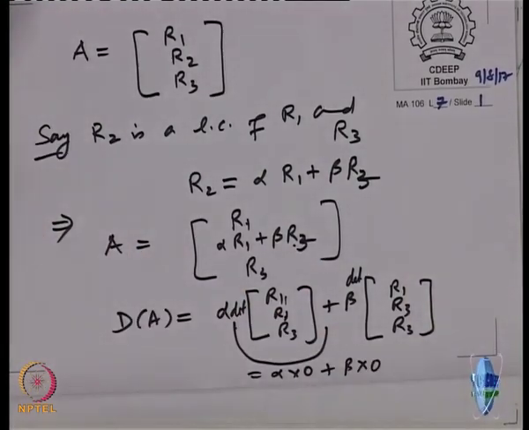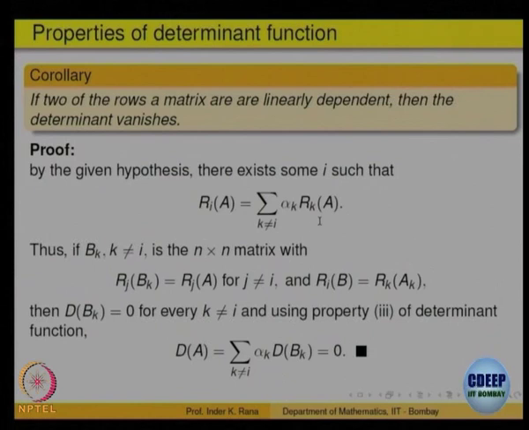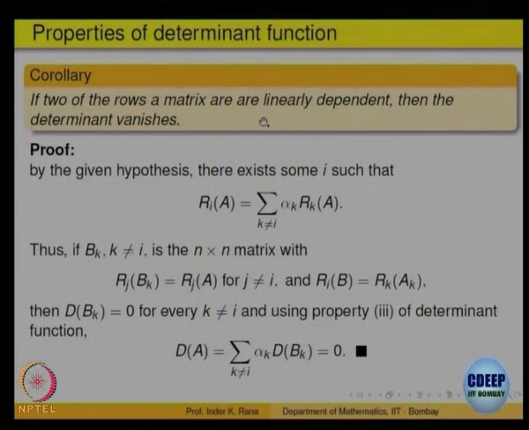And the same thing for a general one is written this way. So, the jth one is a linear combination of the remaining ones. So, you construct those matrices; here only 2 were there, so we got 2 terms, right, otherwise you will get all k not equal to j appearing, and each one of them will be a matrix with 0 determinant because 2 rows will be identical in each one of them, right. So, this gives you the property that if the set of vectors is linearly dependent, then one of them will be a linear combination of the others. You can write that also. It is clear, only those 2 properties are used.